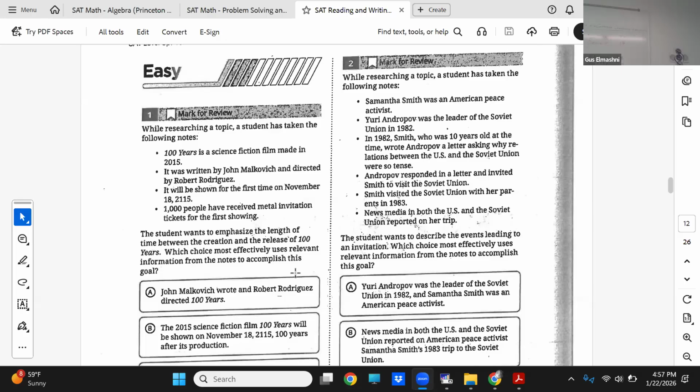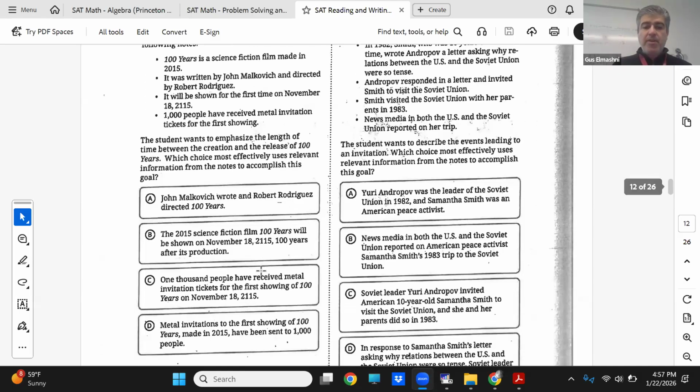So here's the thing. The film was made in 2015 and will be shown in 2115, and that's what they want: the creation and the release. So we need to pick a choice that uses that data. I don't care who wrote it. I don't care how many people got tickets for it. It's not relevant. We need to pick something that's relevant here. The only relevant information is the first and third bullet points. So if I look at it,